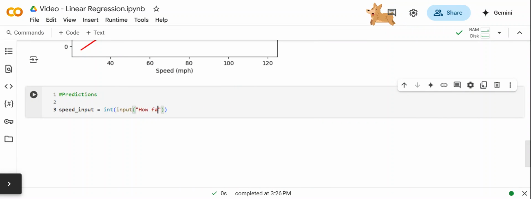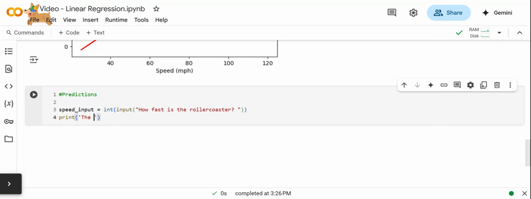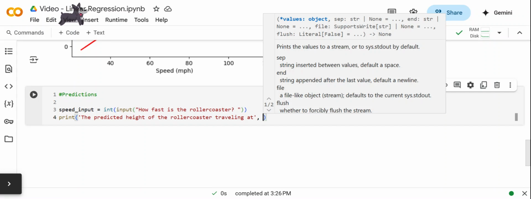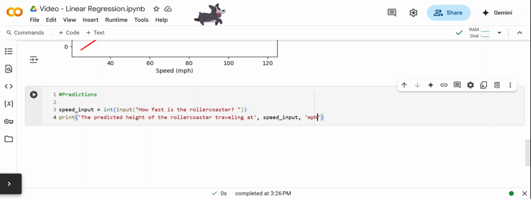Input, how fast is the roller coaster? Then I'm going to print the predicted height of the roller coaster traveling at whatever my speed input is, miles per hour is,